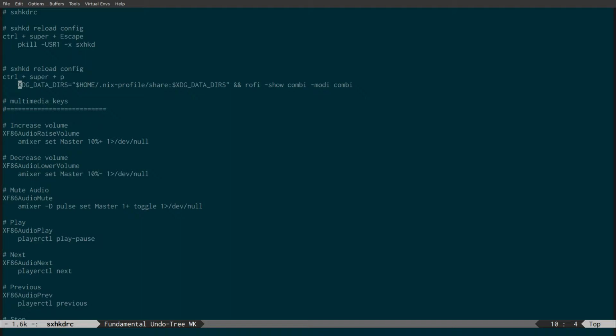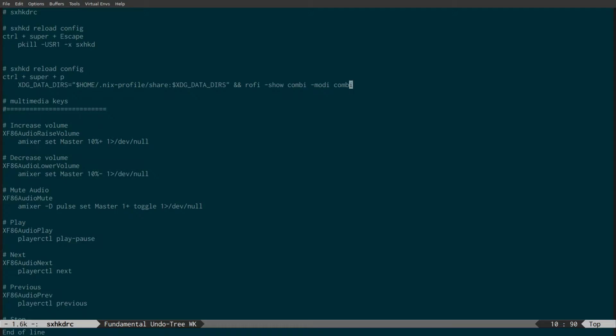So what we do is we set the XDG data directories variable like this, and then we run Rofi, and once we've done that, it will pick up the